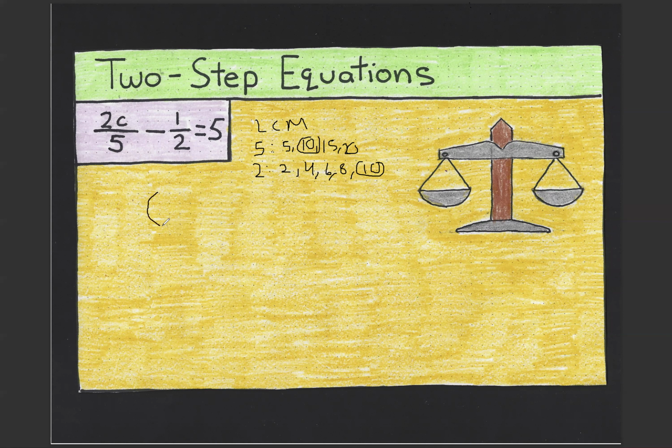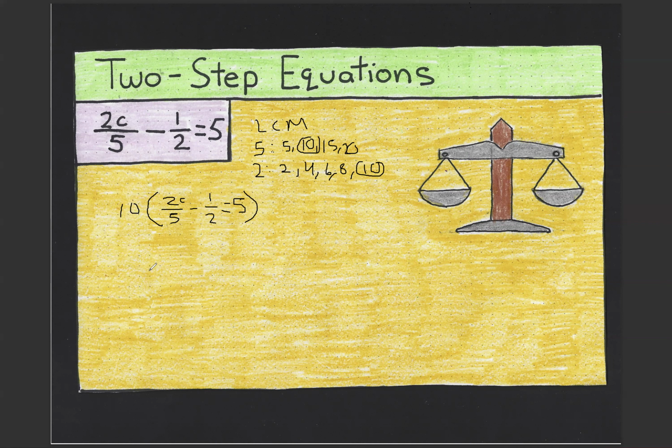I'm just going to rewrite 2c divided by 5 minus 1/2 equals 5. And we're going to put that in parentheses, and we're going to multiply everything inside the parentheses by the least common multiple, which is 10. And we're going to multiply this 10 across the numerators, and you're going to see the magic that takes place